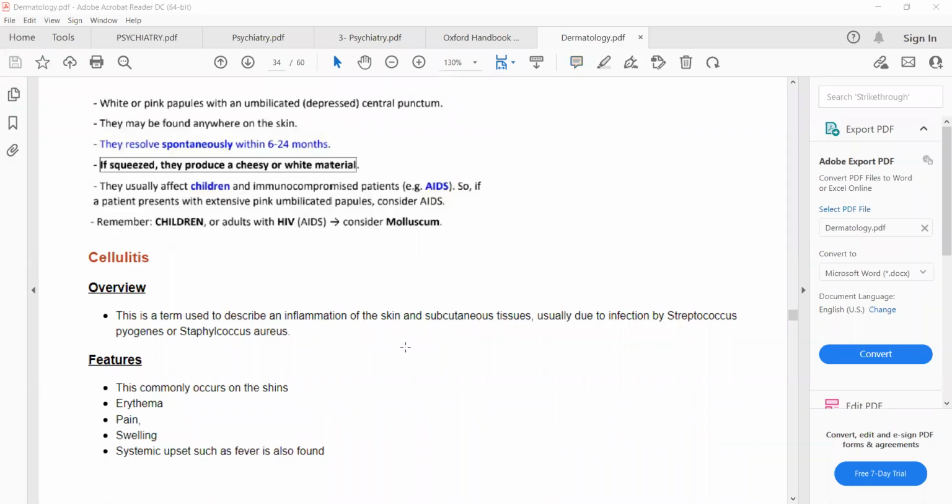So the first topic for today is cellulitis. Cellulitis is a term that is used to describe an inflammation of the skin and subcutaneous tissue. So inflammation of the skin and subcutaneous tissue due to Streptococcus pyogenes and Staphylococcus aureus